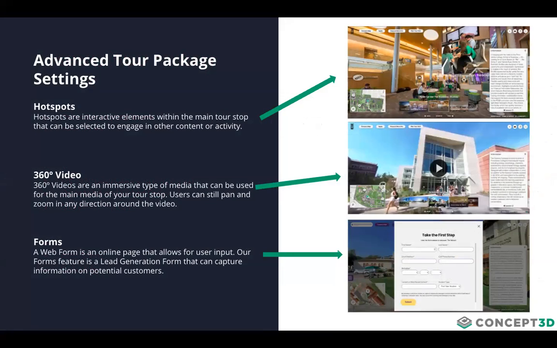So within the advanced tour package, there's 3 big features. The first is Hotspots, 360 video, and then forms. So hotspots are going to be interactive, clickable elements that you can include in the main media that your users